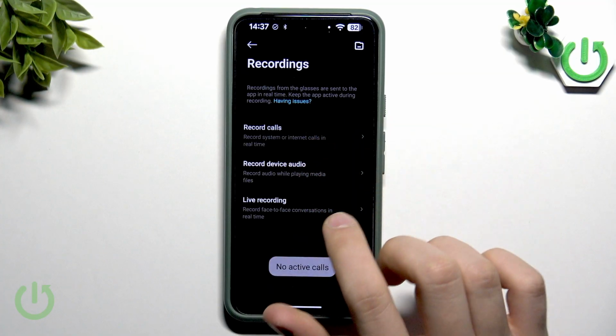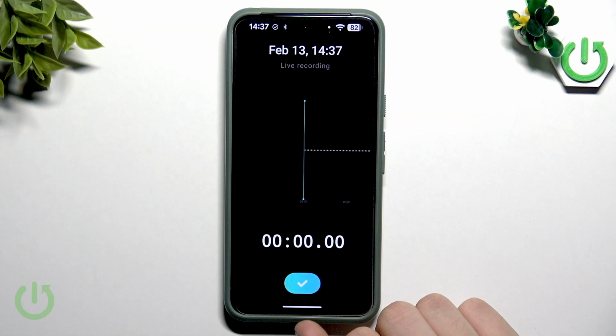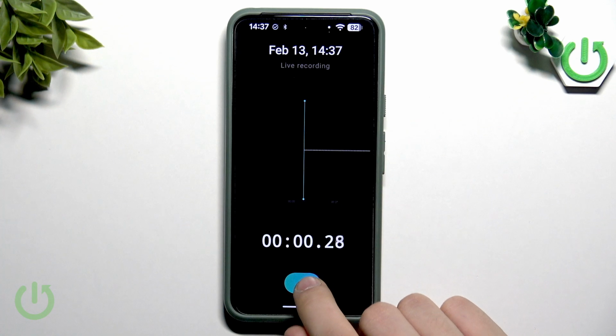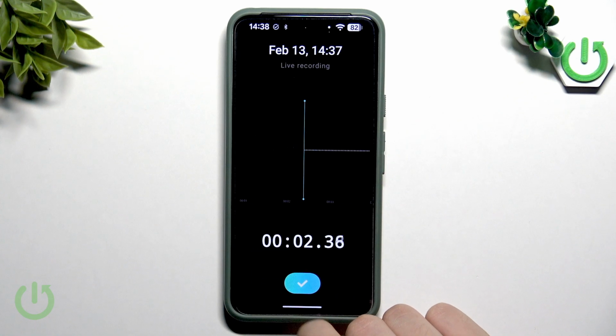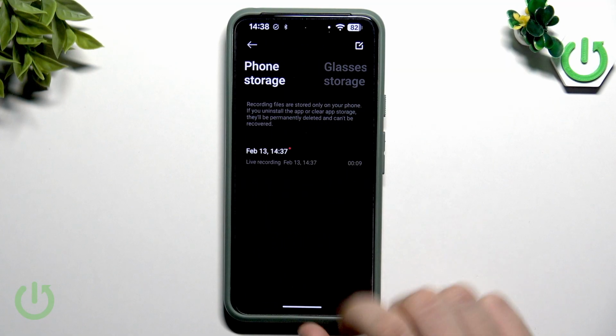Here, as you can see, we have record calls: no active calls, record device audio: not playing audio, and leave recording. Let me tap it, and wait a moment. Now let me record something. It's a live recording, of course, so it will be like this. Okay. And now,